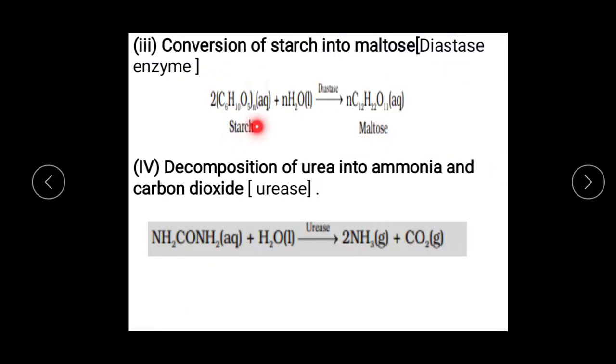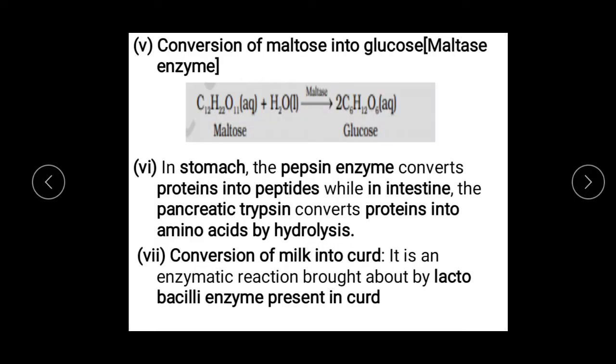Conversion of starch into maltose by diastase enzyme. Decomposition of urea into ammonia and carbon dioxide by urease enzyme. Conversion of maltose into glucose by maltase enzyme. Now you have to